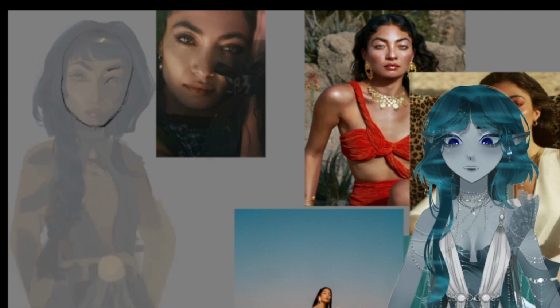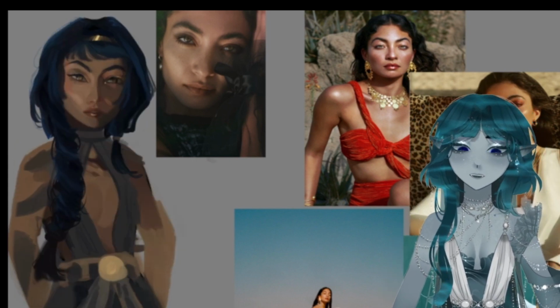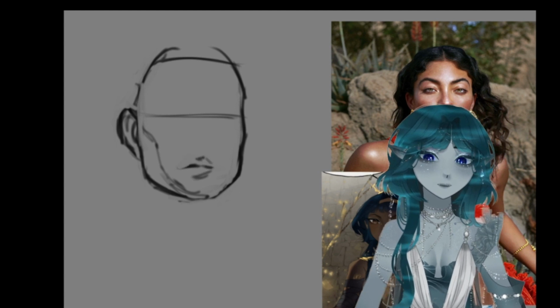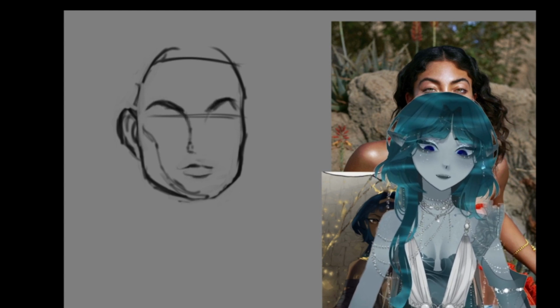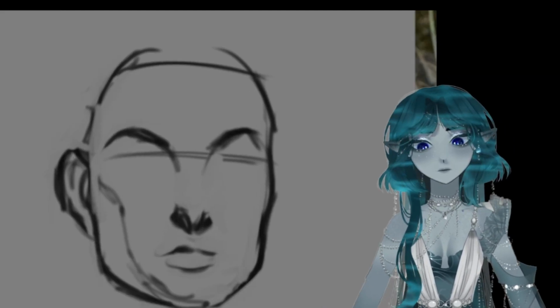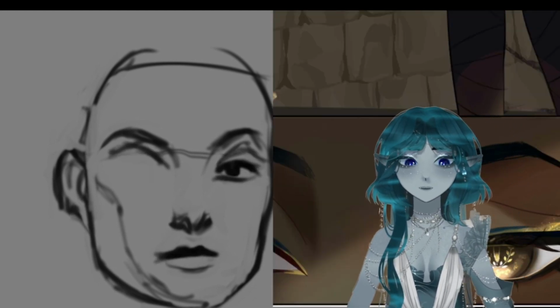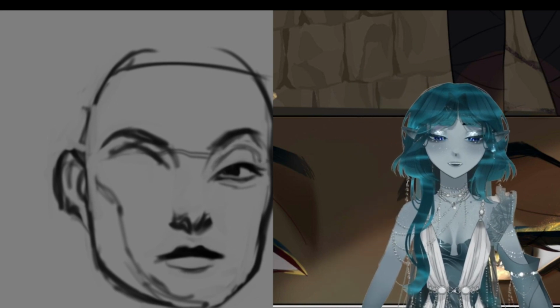So Pythia as a character was raised in Athens after her wandering group was taken in. It has to do with the post-apocalyptic setting, but I'm not going to give too many spoilers. And then she was eventually chosen to be the new Oracle, the new Pythia, and she had to leave behind her old identity and her family and go out to Delphi all alone with just one companion